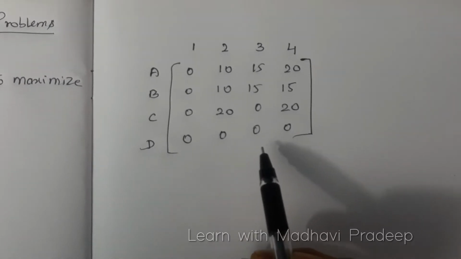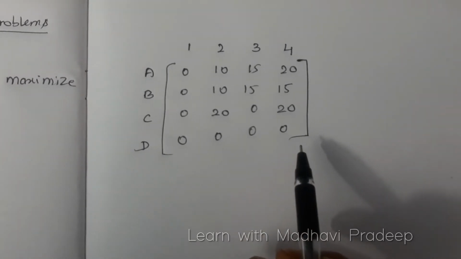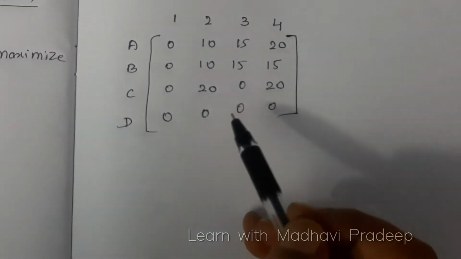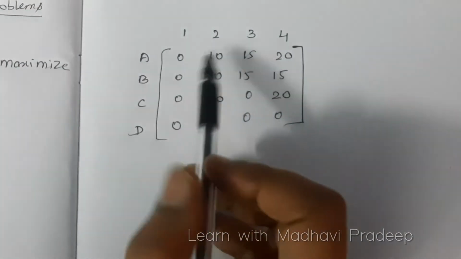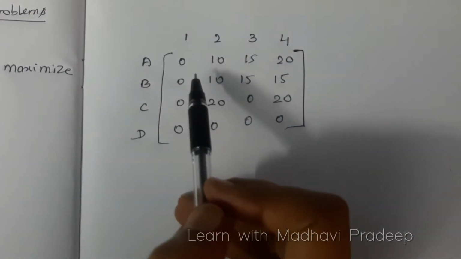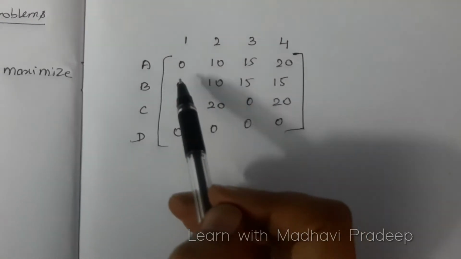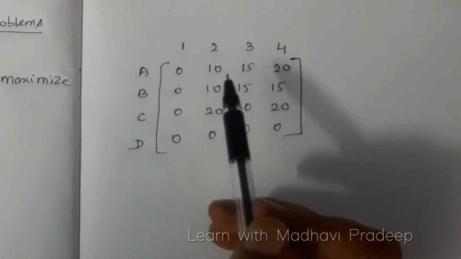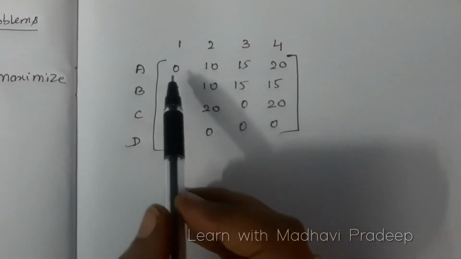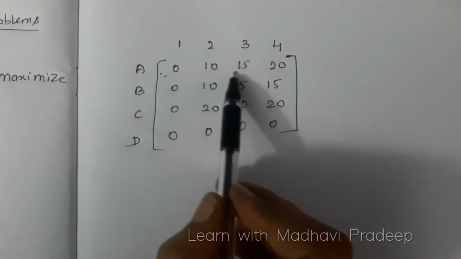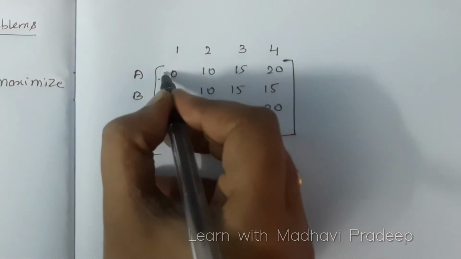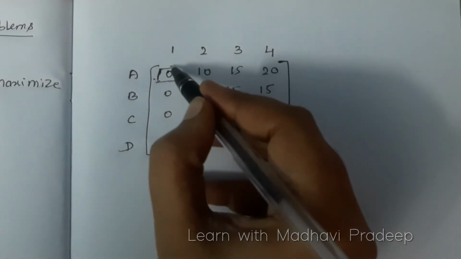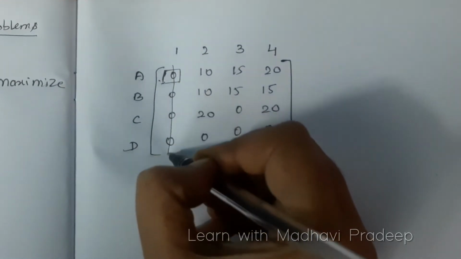So after doing the row reduction and column reduction, we need to proceed with row scanning and column scanning. That is step 5. Okay, so that is being followed with the algorithm. So row scanning: in each row you have to check whether the row has exactly 1 zero. If you find exactly 1 zero, allocate that 0 and draw a vertical line. That is nothing but row scanning. So let us proceed with that. In the first row, check whether you have exactly 1 zero. Yes, I have exactly 1 zero. So allocate this 0 and draw a vertical line across that column.